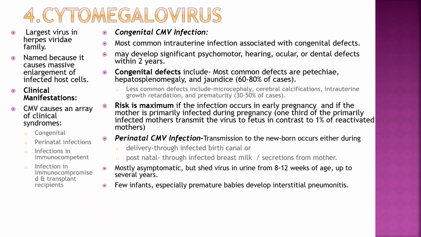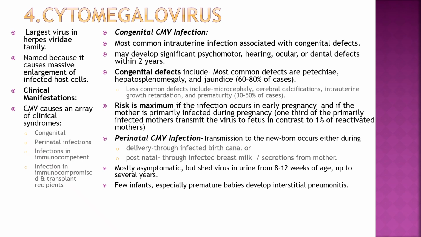Cytomegalovirus is the largest virus in the herpesviridae family, named because it causes massive enlargement of the infected host cell. Clinical manifestations: congenital infection, perinatal infection, infection in immunocompetent, infection in immunocompromised, and transplant recipient. Congenital CMV infection is the most common intrauterine infection associated with congenital defects, and may develop significant psychomotor, hearing, ocular, or dental